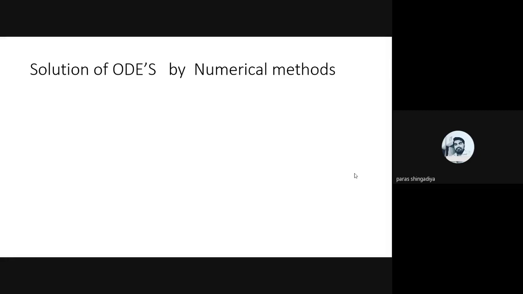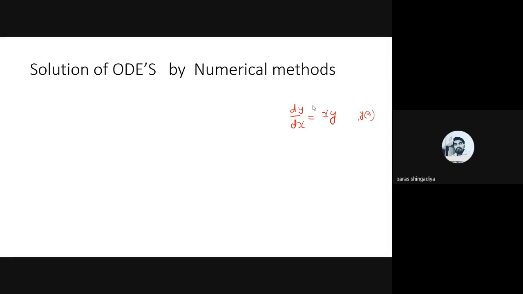And now the second part of this unit, that is the numerical method. We can use the numerical technique to predict the solution of a differential equation. We can solve the first order differential equation by using the numerical method, and we can identify the output directly without a solution. Clear? What will be the output of the function at various different values? For example, if we have an equation in differential form, dy by dx is equal to x into y, solve it and then find y of 3. When x is equal to 3, what will be the value of y? So directly we cannot predict that.